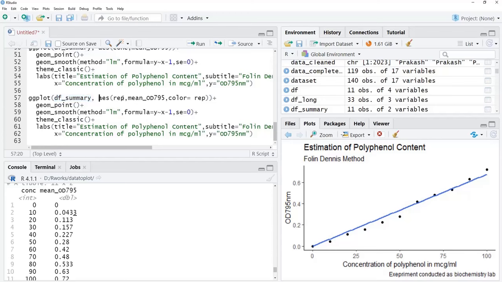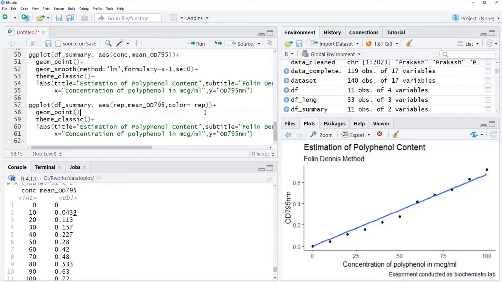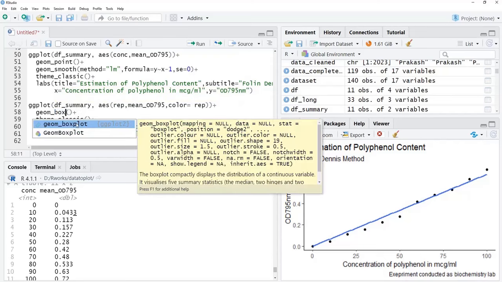This replication will be the x-axis, mean OD795 will be the y-axis, and color will be the replication. Or we can change that to fill also, but we will see with color. This geom smooth we don't require now, because for a box plot geom smooth is not there. Okay, a plus symbol is required at the end, and here I will put geom box plot. Okay, and when we run that,